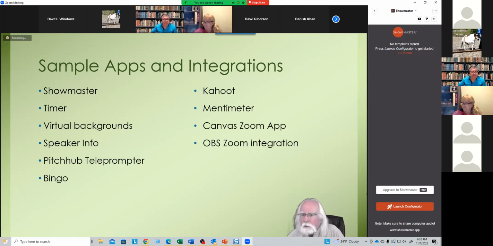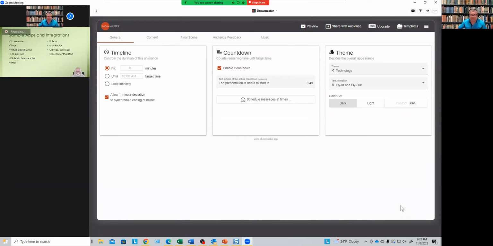It tells you here that you've got no templates stored. You have to pay them money if you want to store one of these. But press Launch Configurator to get started. And there's the button for that. So we'll go down here and click that. And this is what the setup screen for Showmaster looks like. You've got a general tab, a content tab, a final scenes tab, and a music tab. But you only really have to deal with the general and the content tab if you just want to get something started here. First thing you get to decide is how